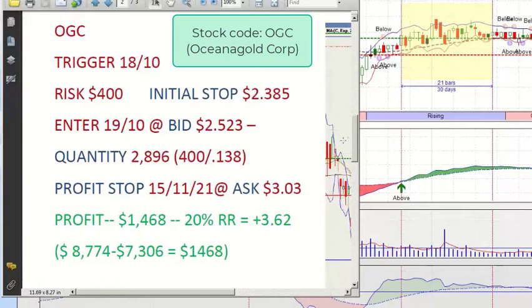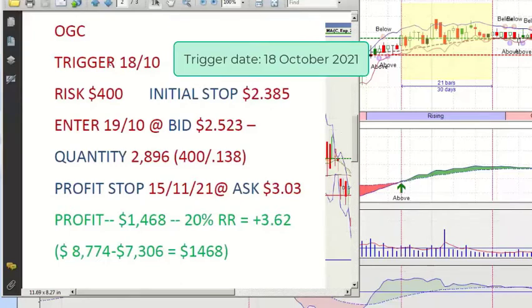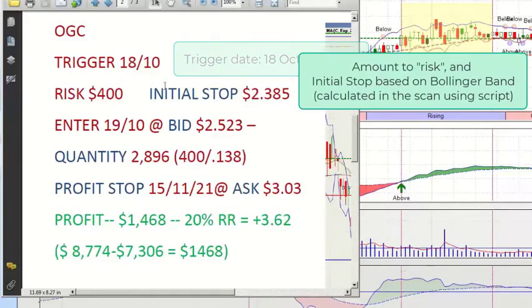OGC, now I didn't trade these. This is just coming straight off what would have happened if I traded it and left it alone and let it run. It did trigger on the 18th to the 10th. I work on basically 25,000, a risk of 400. It goes to your positional